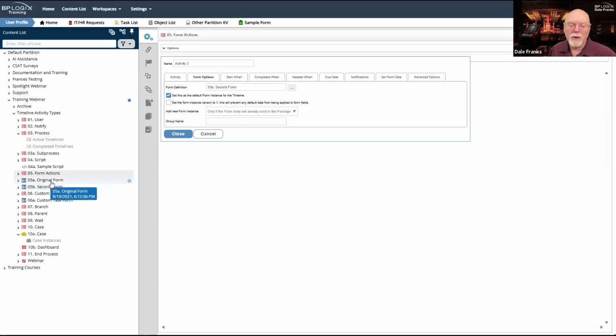Why might I want to use two forms in the same process? Well, there may be occasions where you're going to want to display some information to an approver that you don't want to have displayed to anyone else who has access to the main form.